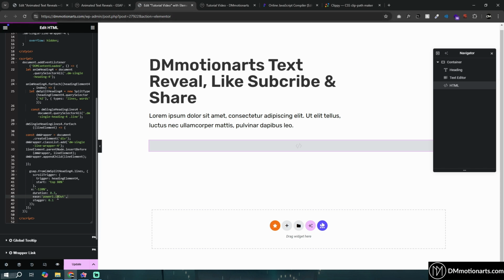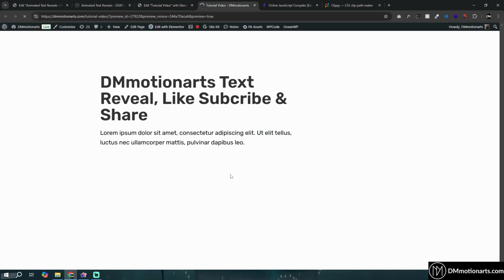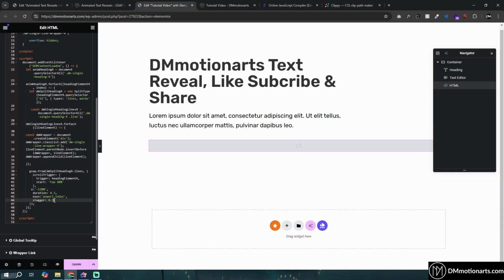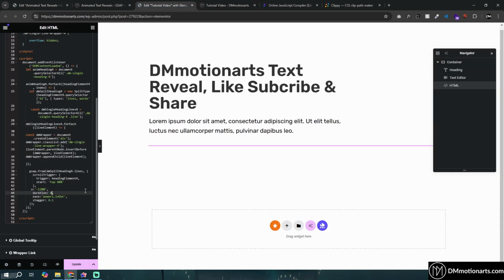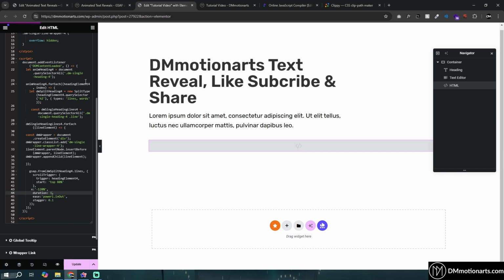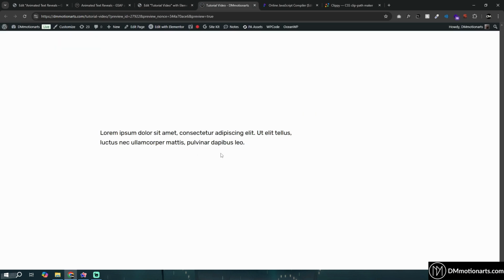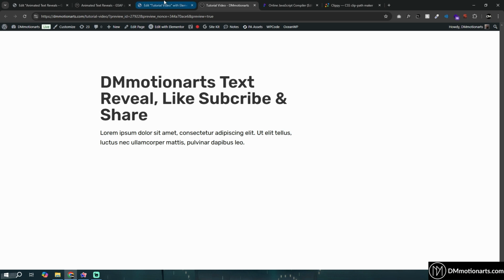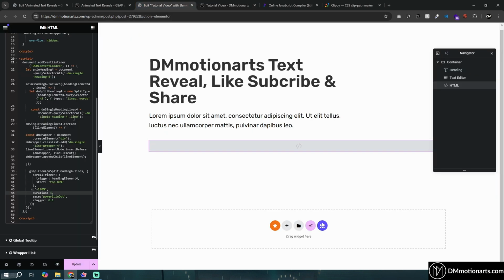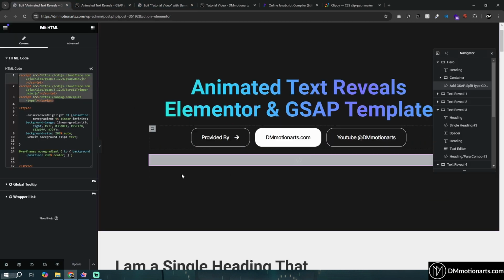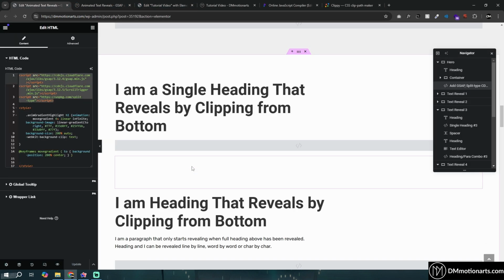I selected ease power1 in out. Let's see, because it would change the way it animates in. It's very fast. So if I do, let's say, 1 second, let's see how this looks. And you could see this is how it would come in. And then again, h2 tag and everything else is similar. Same with this one, which is, if I scroll down,